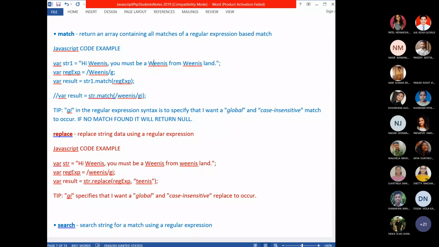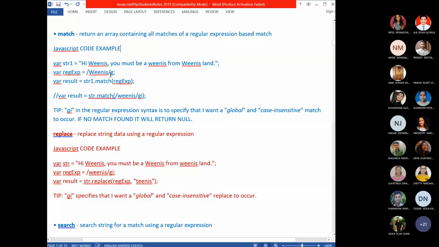Here I change it to a small w, but this is global only. Here it is capital W. What will be returned? It will perform global search, but a case sensitive search because you did not give I. Case sensitive but global search.